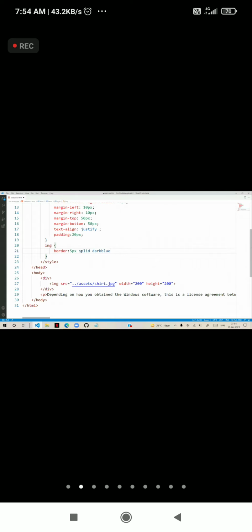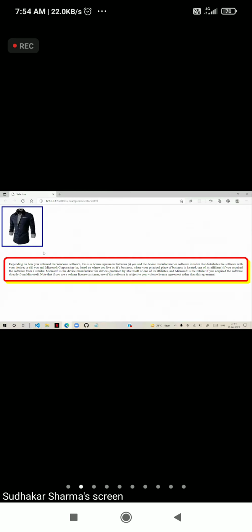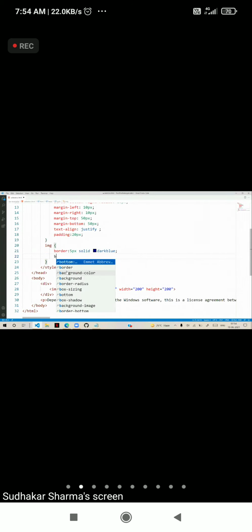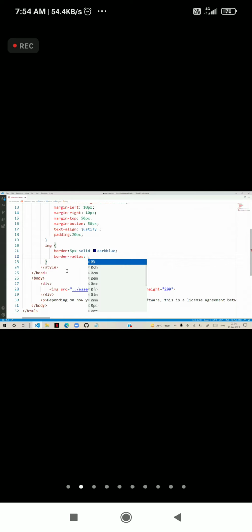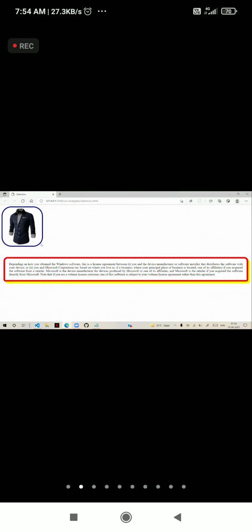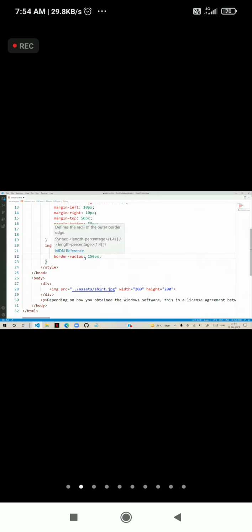Okay, that is the border. That looks normal. And now I am giving border radius. Border radius is a shorthand. All directions you can keep. So 50 pixels I gave as border radius. It looks like this. And I gave 150 pixels, then it will be a circle.